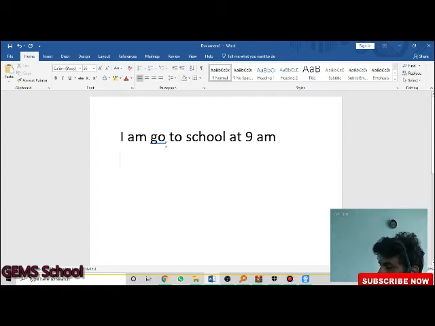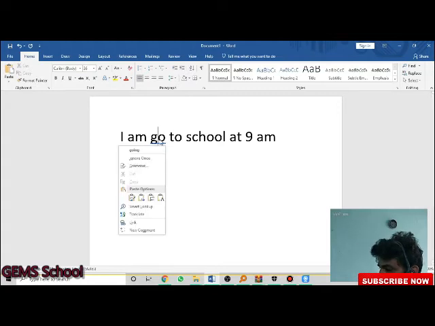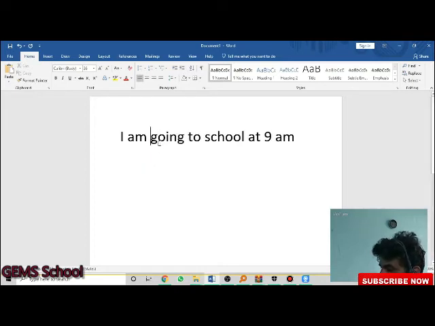How do we change it? Just the same as what we did before. That will be to right click. See, on the right click this way, the correct words appear. Which word do you want to put in the place of "go"? Just click "going." You can see that the blue color line doesn't disappear. The blue color line is on the downside.